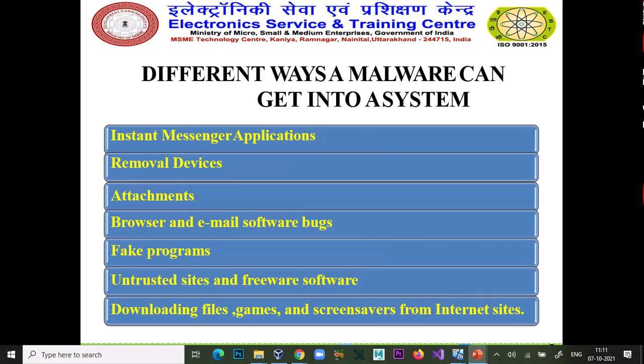So these are the different ways a malware can get into a system. Instant messaging applications. If you are using any messaging application like WhatsApp or any other, you will get many kinds of links.